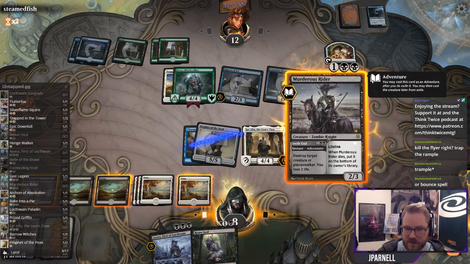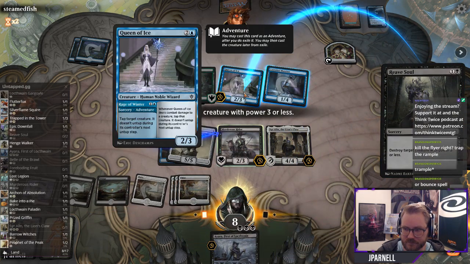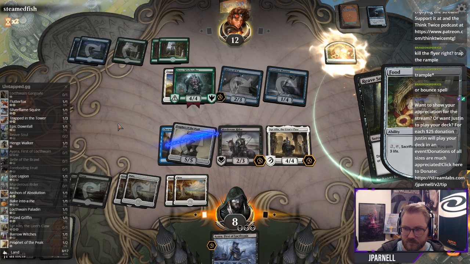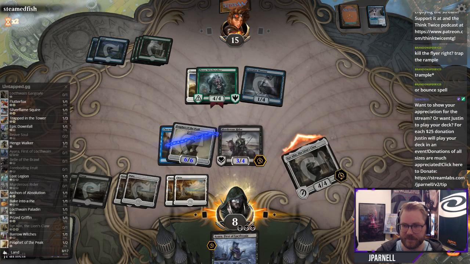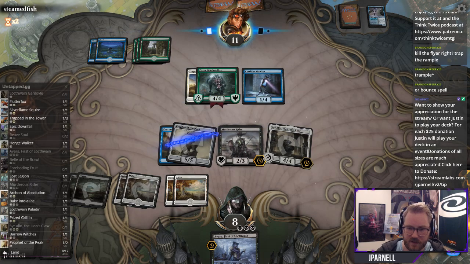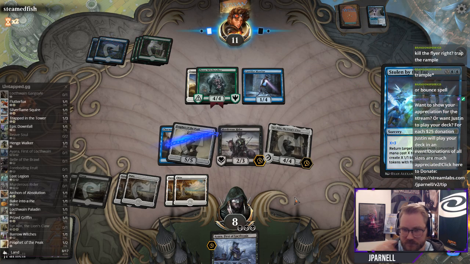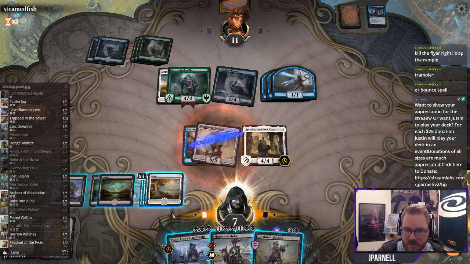Yeah. So we're gonna play Murderous Rider. Murderous Rider. And Reave Soul this. Yep, they gained some life. You got it. We can play a Yara and sacrifice this too, which is great. Stolen. That's interesting. Well, if that is the case...